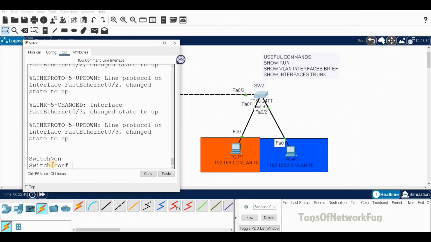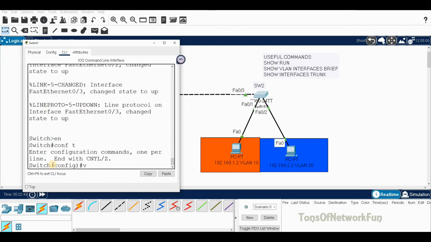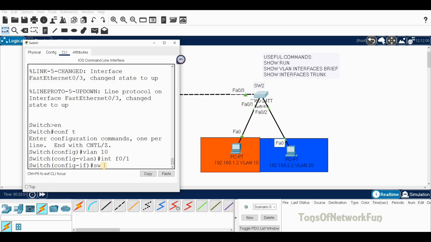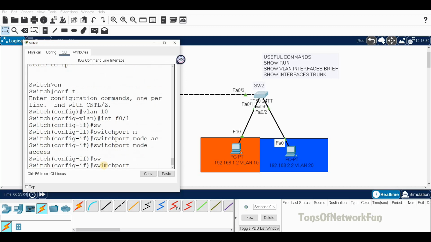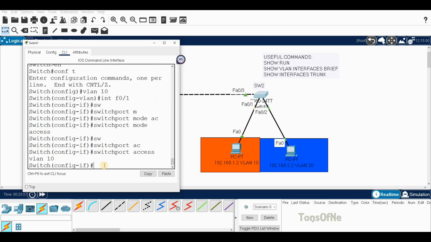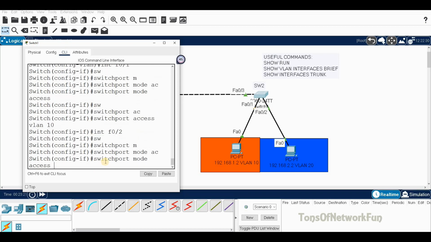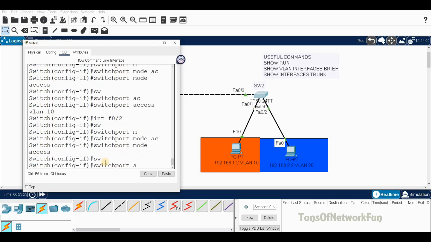Enable, config. VLAN. We need to create both VLANs, but this time I'm just going to create VLAN 10. Okay, and interface F01, right? This is the port. So interface F01, switchport mode access, switchport access VLAN 10. Done. Now without creating VLAN 20, I'm going to assign this port. So watch what's going to happen. F02, switchport mode access. We made that an access port. Now switchport access VLAN